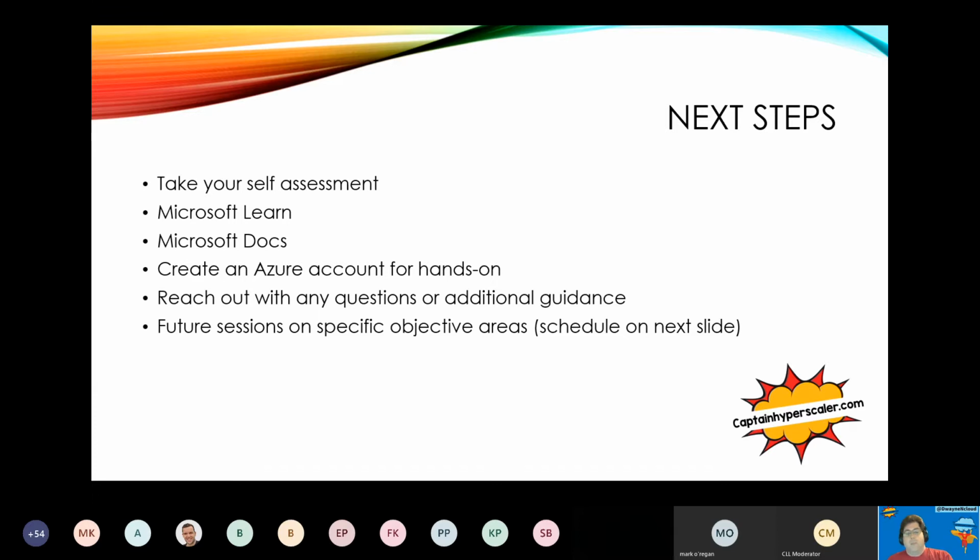So your next steps: what do you want to do as you prepare and become that solution architect expert, and get yourself prepared as you go through? I mentioned the self-assessment